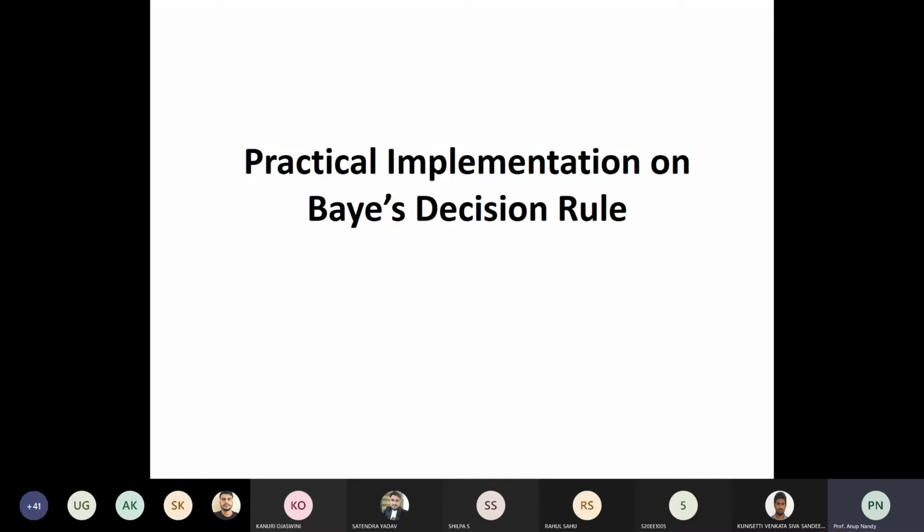I was about to start these things, but before that, in the next lab, the day after tomorrow, we have to implement a real life problem, that is how you could implement the Bayes decision rule on a satellite image. That is why I wanted to take this lecture today. Next class I will start density estimation.